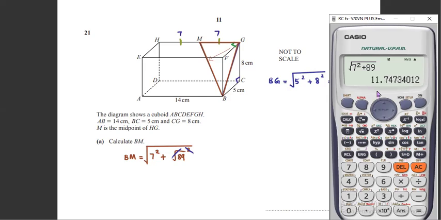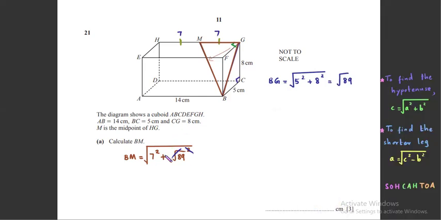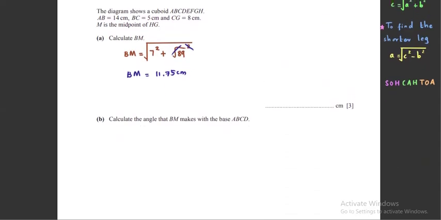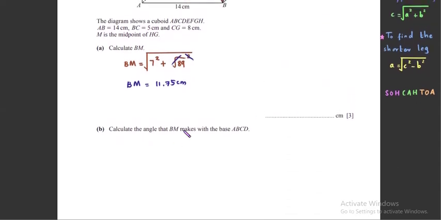That is equal to 11.747. So correct to 2 decimal places, this will be 11.75. So we now know that BM is equal to 11.75 centimeters. So that is what we are supposed to calculate here. The second part of this calculation is to calculate the angle that BM makes with the base